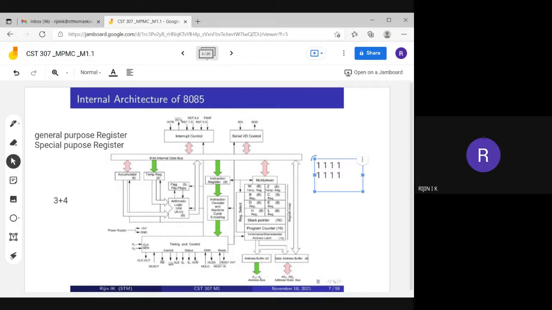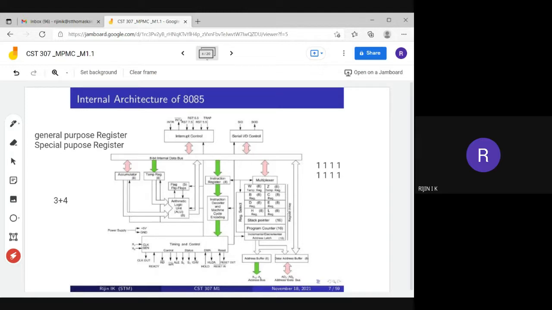1 plus 1 plus 1 is 1 with carry 1. 1 plus 1 plus 1, 1 with the carry. But here it is only a 4-bit register. Assume that it is a 4-bit register. But after performing an addition operation, it has generated a carry. So to show the carry generation status, we can use this flag register. So for showing the status of such arithmetic and logical operations,